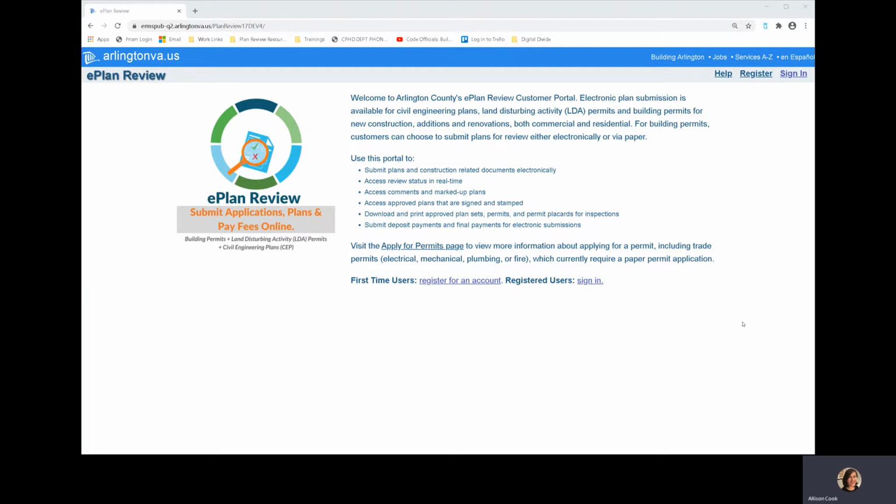Welcome to Arlington County's tutorial for how to submit an electrical permit application. On the screen is the E-Plan Review Portal, the online system for submitting an electrical permit, which can be accessed by going to building.arlingtonva.us. If this is your first time using the E-Plan system, you can register for an account by clicking Register